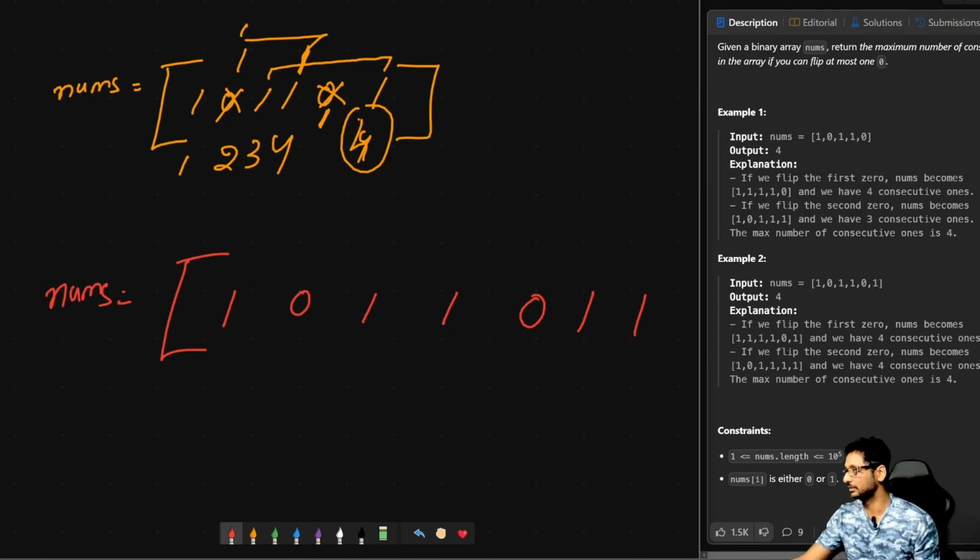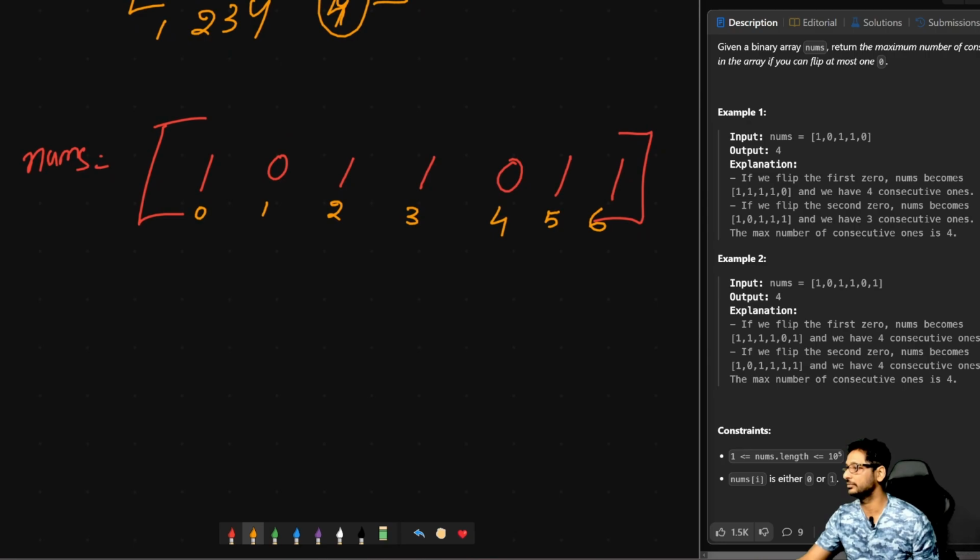Just add one more 1, and the indexes are 0, 1, 2, 3, 4, 5 and 6. Now what we're going to do here is keep calculating our number of ones from the 0th index,